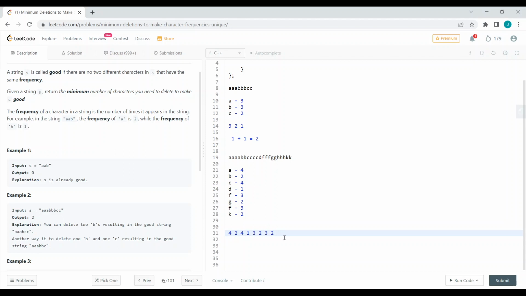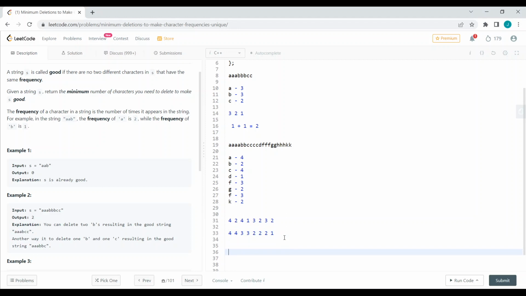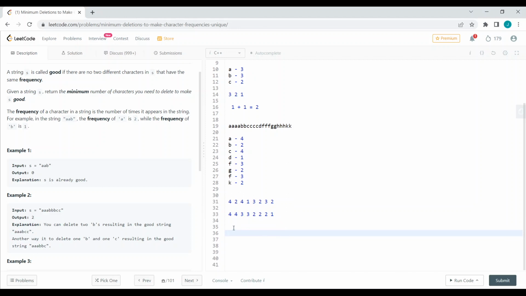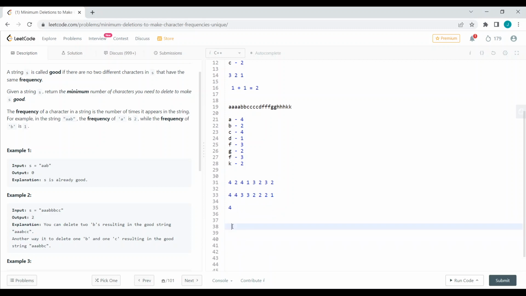So obviously to make the frequencies unique, we have to make it strictly decreasing. First we can sort the array: 4, 4, 3, 3, 2, 2, 2, 1. So this is the sorted array. To delete the minimum number of characters, we can make the array strictly decreasing. So 4 first, it can stay like that itself. Then if the current value is equal to the previous value, we have one condition. What condition are we going to make? If array of i is equal to array of i minus 1, then what we are going to do